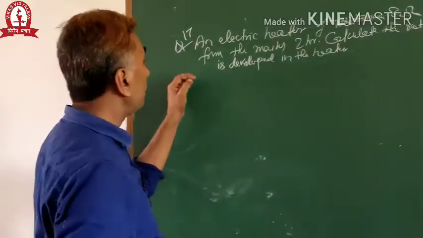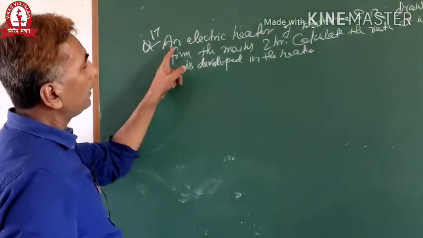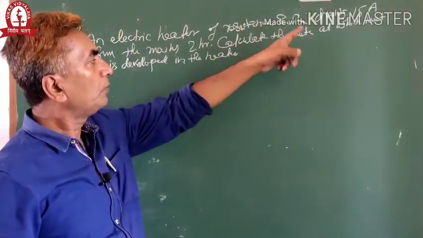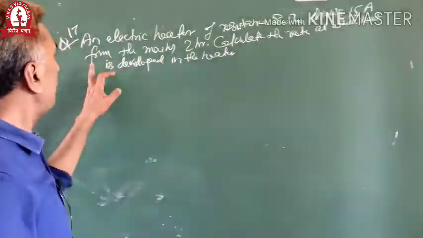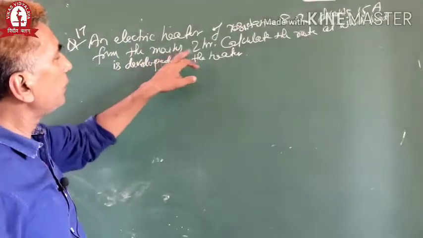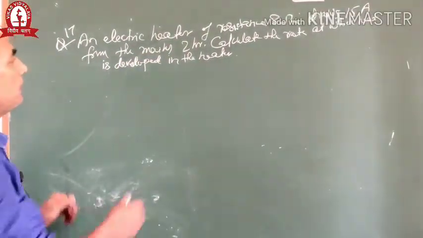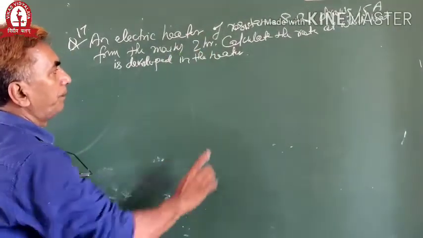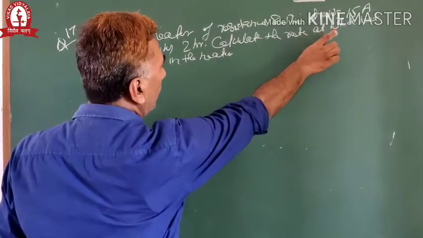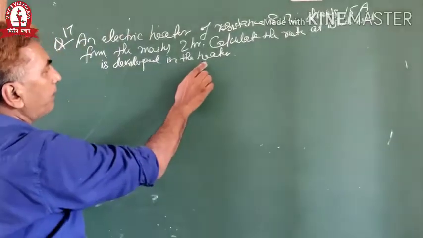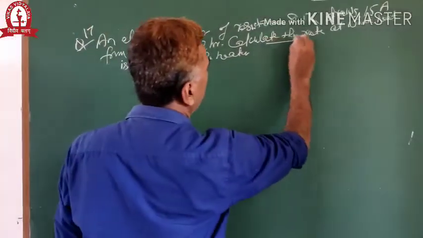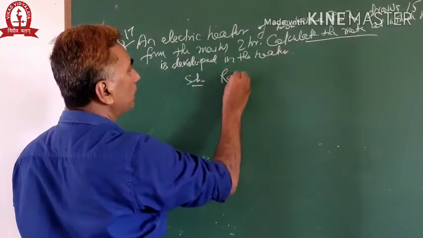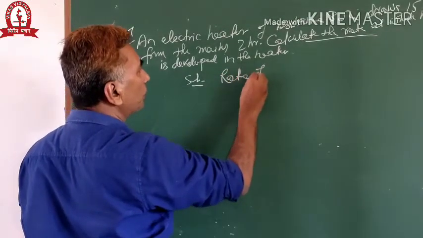Question number 17 of NCERT book. An electric heater of resistance 8 ohm draws 15 ampere from the mains in 2 hours. That means it is in use for 2 hours. Calculate the rate at which heat is developed in the heater. Rate, that means the rate of heat produced